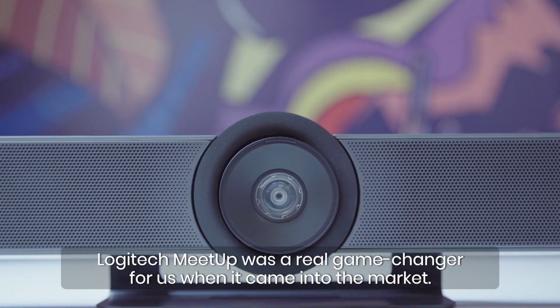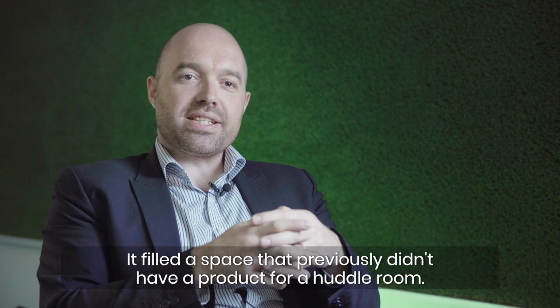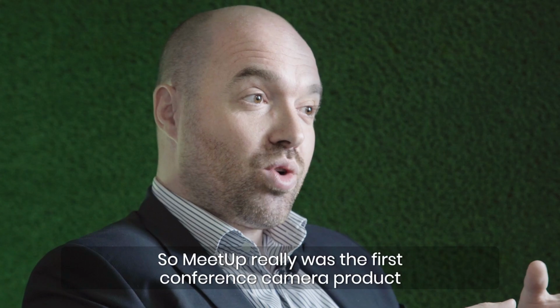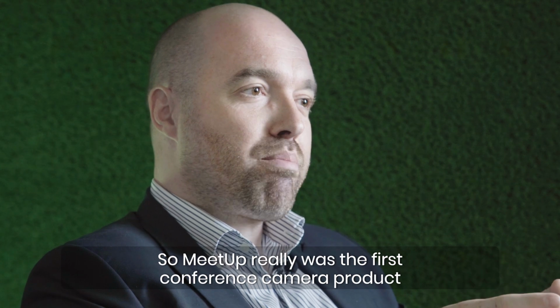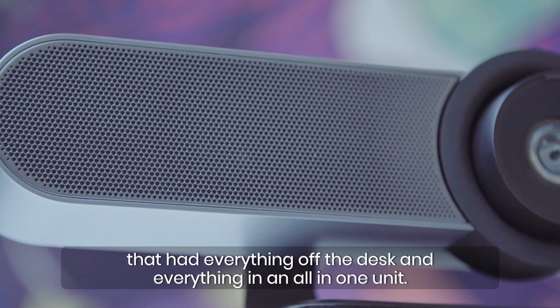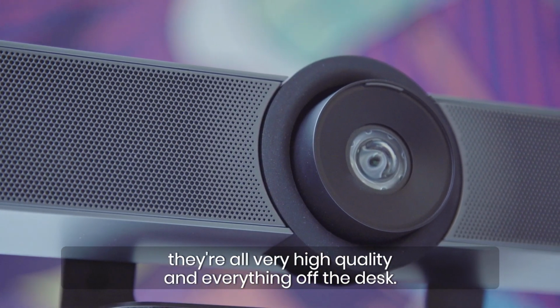Logitech Meetup was a real game changer for us when it came into the market. It filled a space that previously didn't have a product for a huddle room. So Meetup really was the first conference cam product that had everything off the desk and everything in an all-in-one unit. So you've got the speaker, you've got the mic, you've got the camera, all very high quality and everything